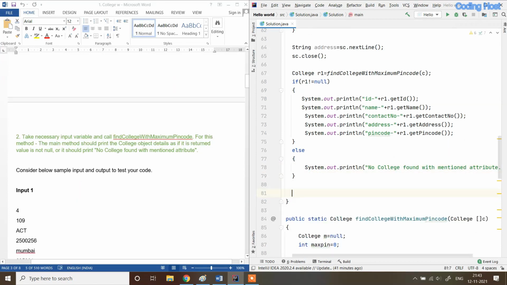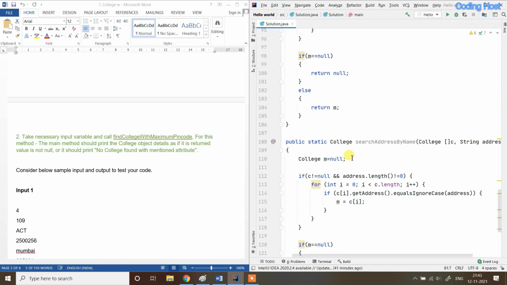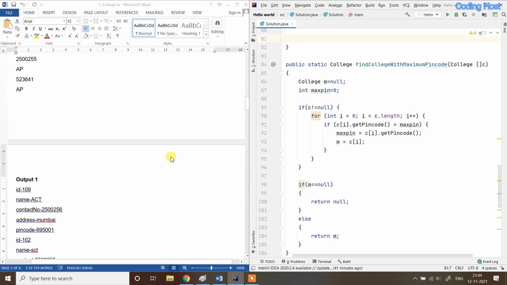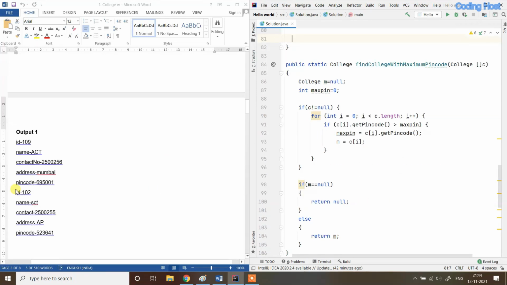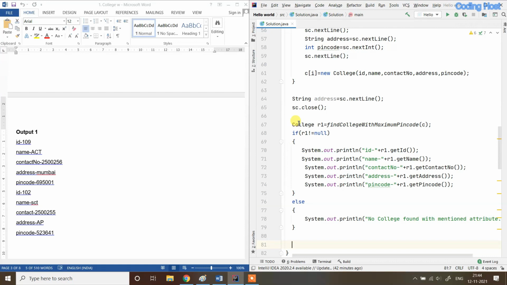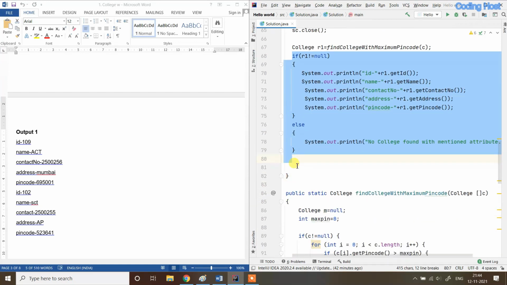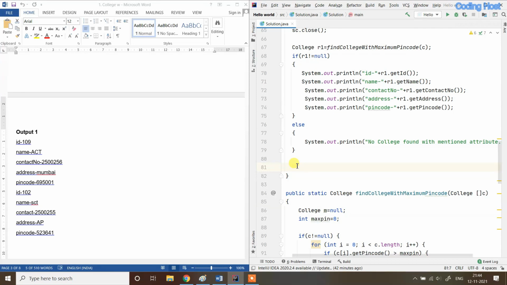Now next we have to print the output for the second object we are getting from the second static method. In the sample output you can see that they are printing the 5 attributes of that second object. So I will copy this if else statement for object 1, and here I will take the object from the second method, College r2 equal to searchCollegeByAddress, and here we have to pass that object array and the address variable.